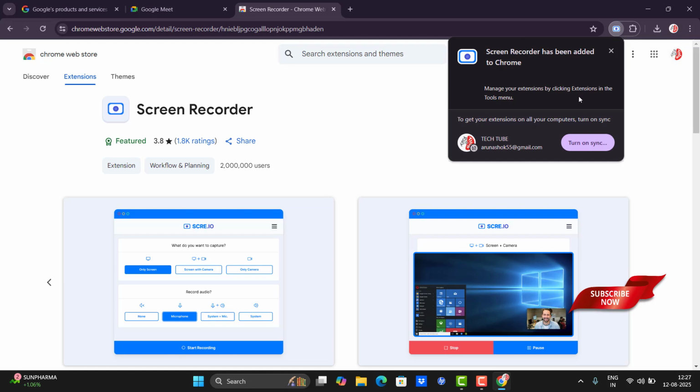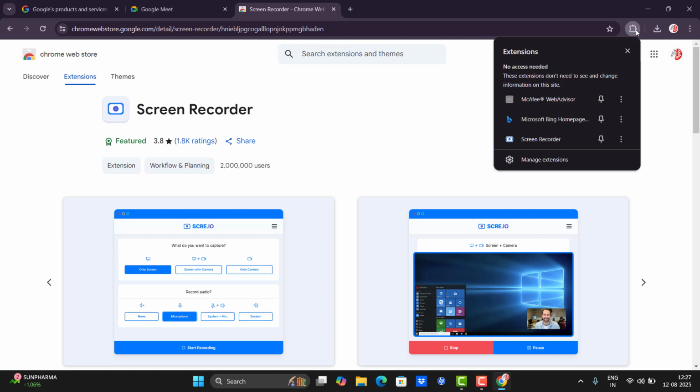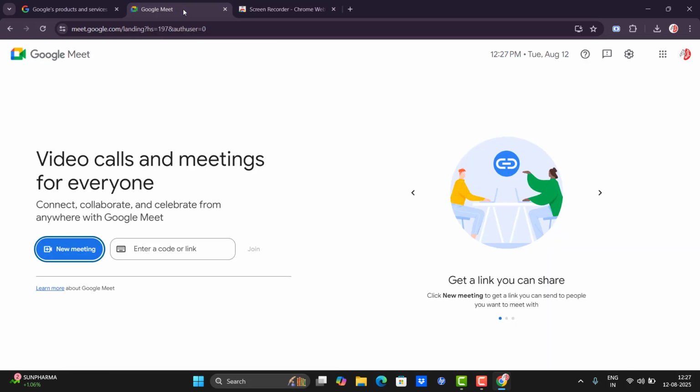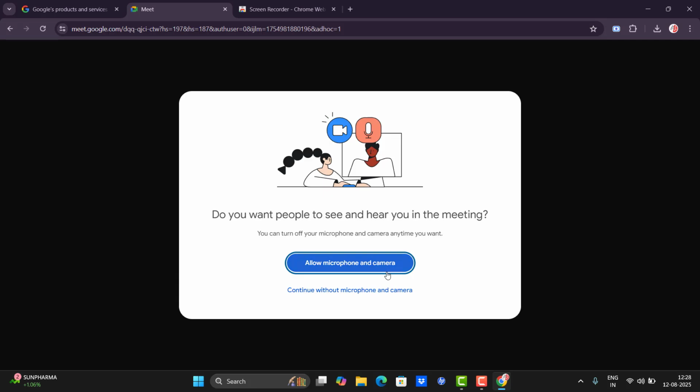You can take any of the extension over there, it's up to you. Just press the puzzle icon for extension and pin it. Once you pin the icon, screen recorder icon, which is to the left of the puzzle icon,